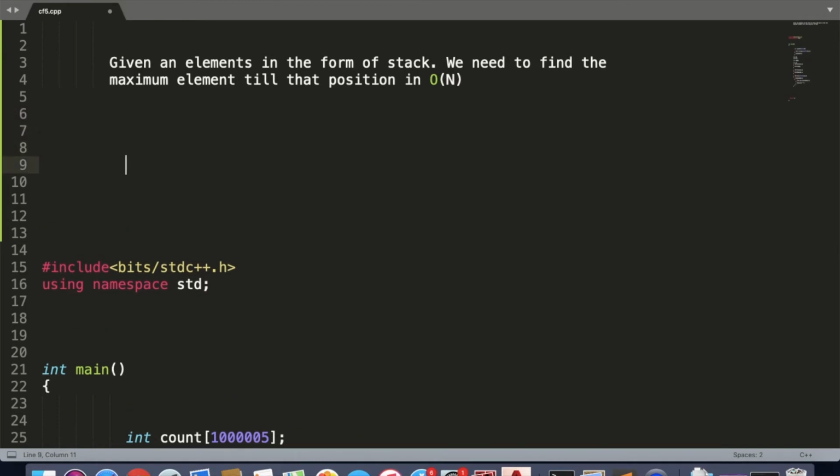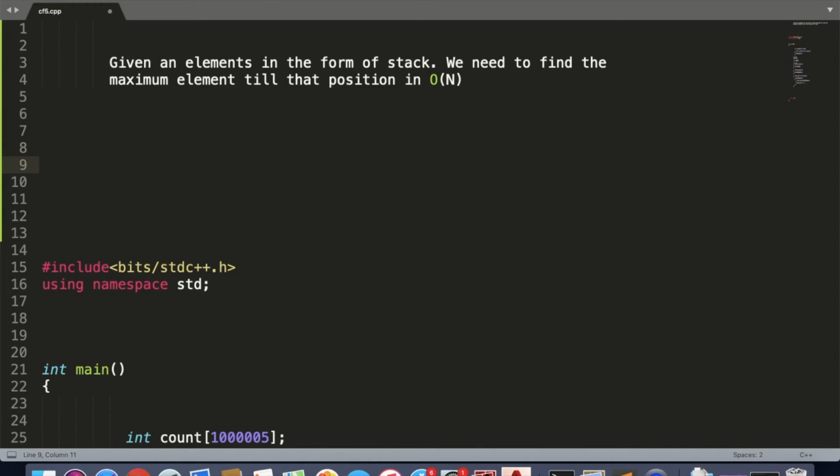So what we are going to do is, as we are getting the numbers, we are going to store them in the stack in increasing order. For example, I get 8 first, so 8 will be inserted directly into the stack. Then I got 5, so I am going to check whether 5 is greater than the top element or not. If it is greater, then we are going to push it directly, but if it is not greater, it is less than 8, then we are going to push 8 again.